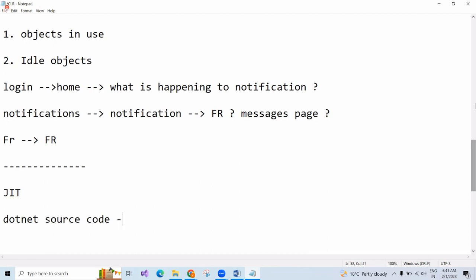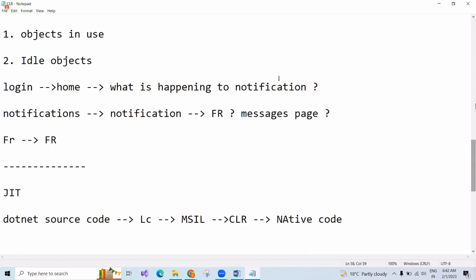After that, you have the language compiler, and after that, MSIL. After that, the CLR, and the final one is native code.